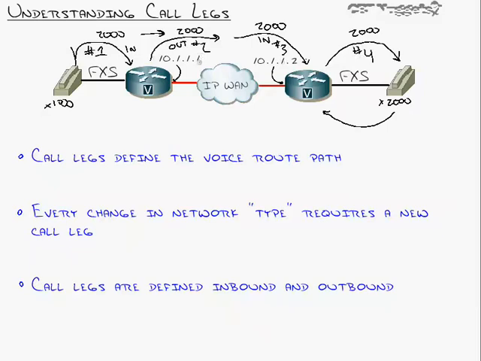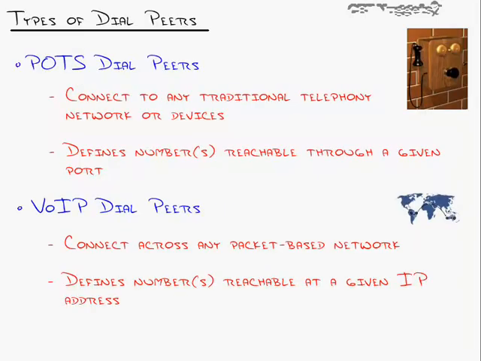Now the reason I bring up these call legs, this theory, if you will, of how these connections happen, is because this is exactly how we have to configure our dial peers on a router moving into the configuration to define end-to-end calling. We can now translate that call leg theory into something practical, and that is dial peers. There are 2 types of dial peers that we're going to encounter, and that is POTS or voice over IP